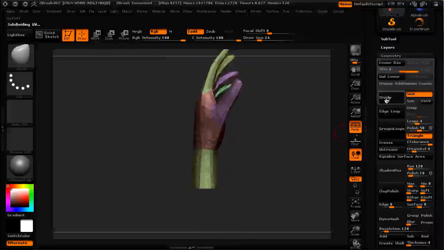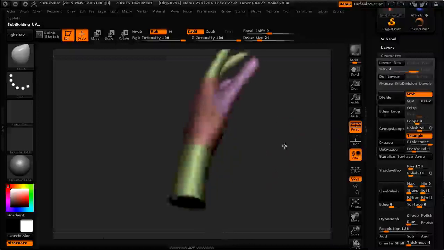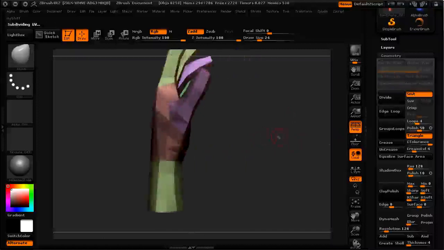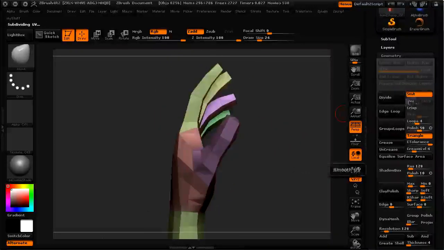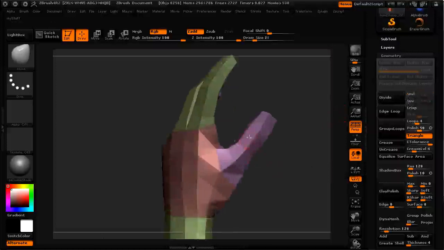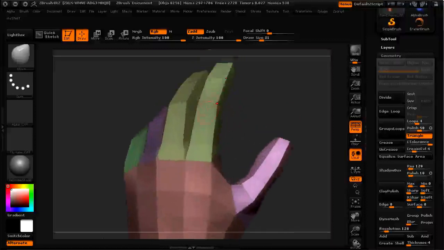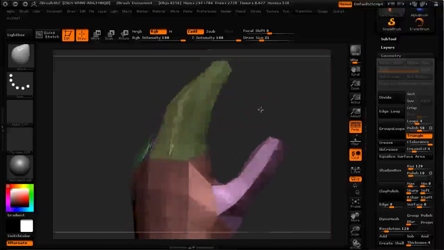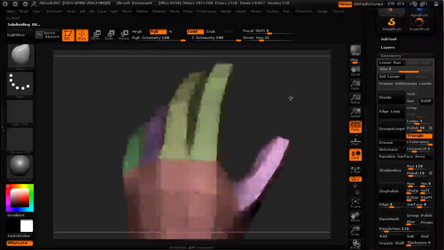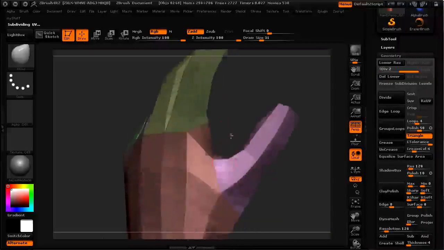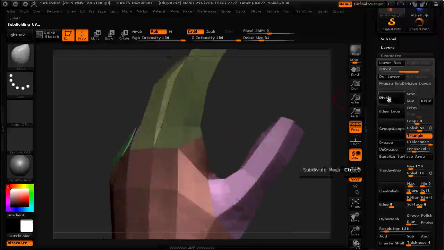Now if I do a quick divide, you can see that we still have our nice stump on the bottom, which is what we want, but we don't want the rest of the smoothing. So I'm going to turn off this setting, which is Smooth Subdivide Modifier. This is going to give us internal subdivisions on each of these polygons, but it will not give us the Catmull-Clark subdivision surface that we usually expect. You can see that in a few of these areas where they're non-planar, some forms pop out in the middle. Two subdivisions like this, and then if we turn it on,